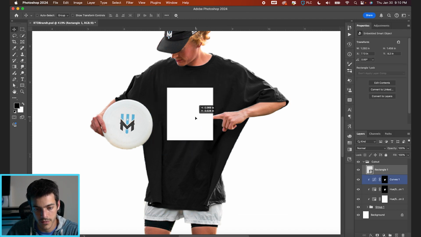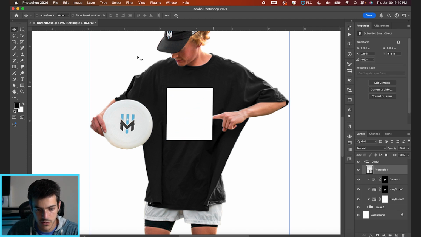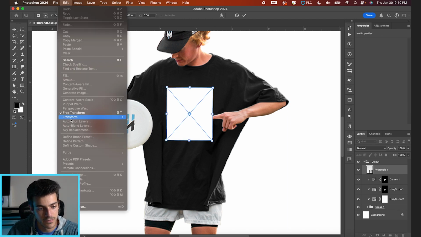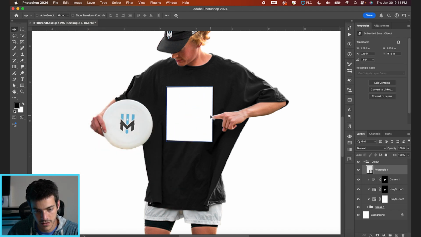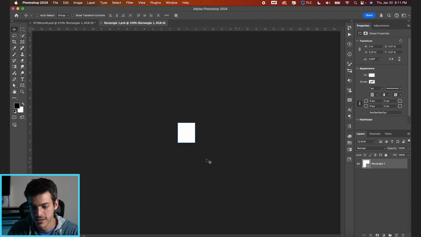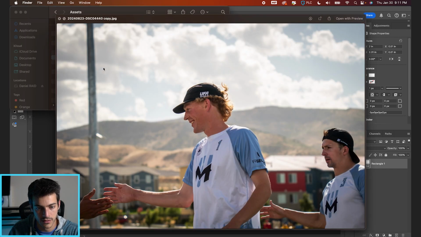You'll see why, because I want to be able to edit this shape in a separate window. And I'm just going to rotate it so it looks a little bit less perfect. And honestly, we could take a perspective transform and bring those edges a little bit towards the viewer. So something around there. Now when you double click to open the smart object, we can now drop in,